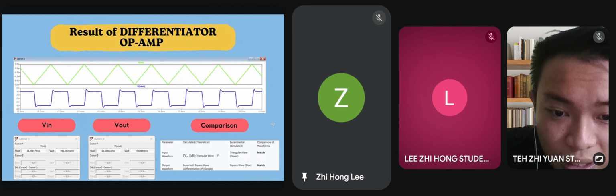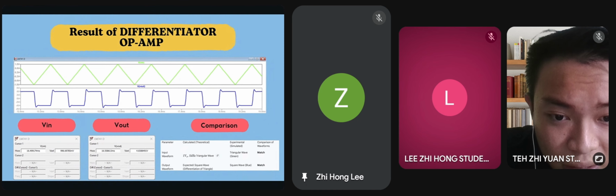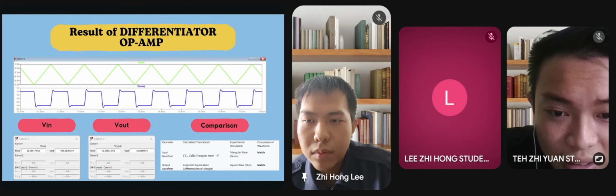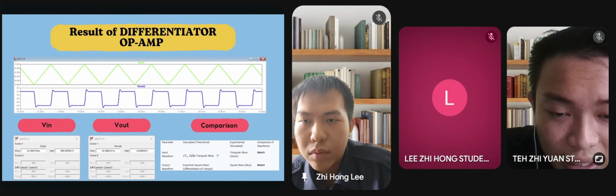The differentiator circuit correctly produced the square wave output from the triangular input, validating the rate of change operation. Now consider the 100 pF capacitor across the feedback resistor. This small component is